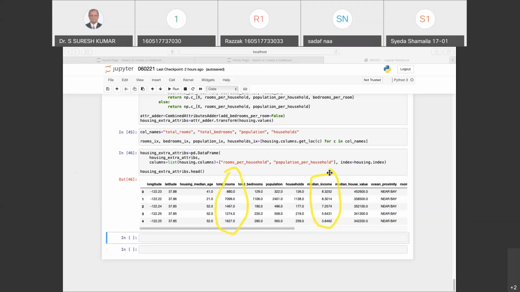Since we said this is much less affected by outliers, Scikit-Learn provides a transformer called StandardScaler for standardization. But for all the transformations, it's very important to fit them to the training data only, not to the full data set. Only then can you use them to transform the training set.